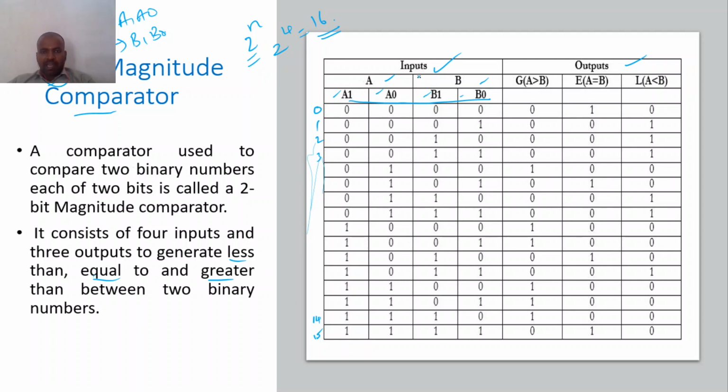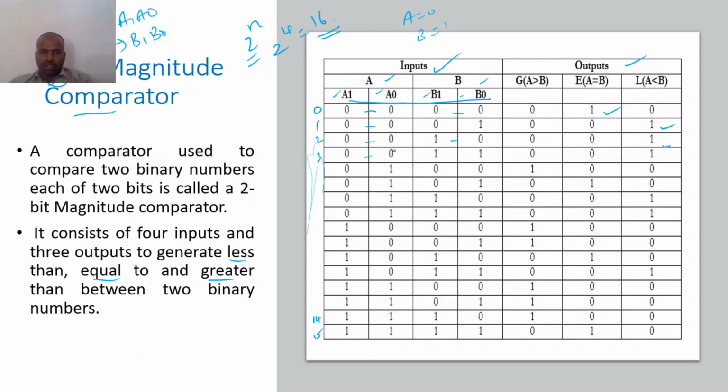While comparing A and B, we need to consider A as a cumulative one. So see, A is 0 0 and B is 0 0, both are the same, so A equal to B is 1. Then A is 0 0 and B is 0 1, which means A value is equal to 0 and B value is equal to 1, so A is less than B. For the second condition, A is less than B. And the third condition, 0 0 1 0, again A less than B.